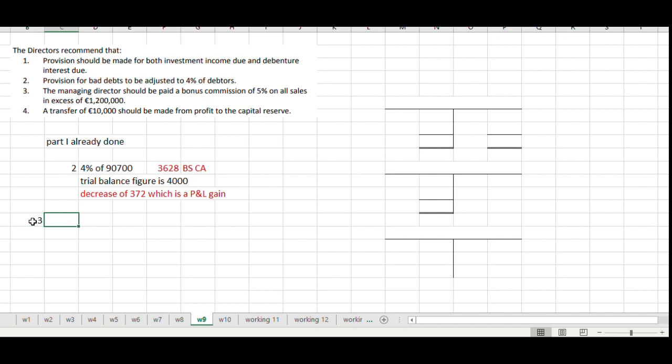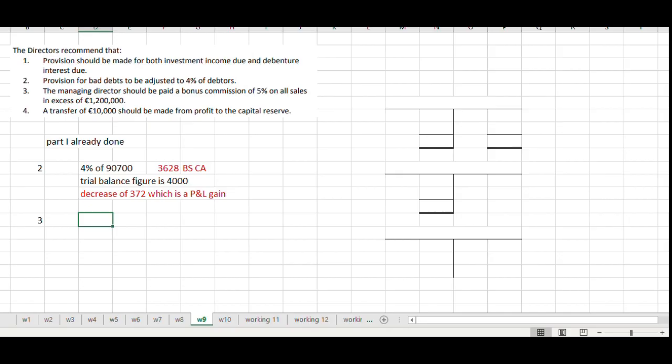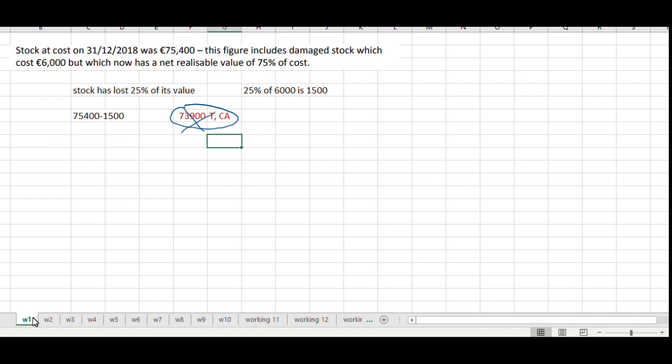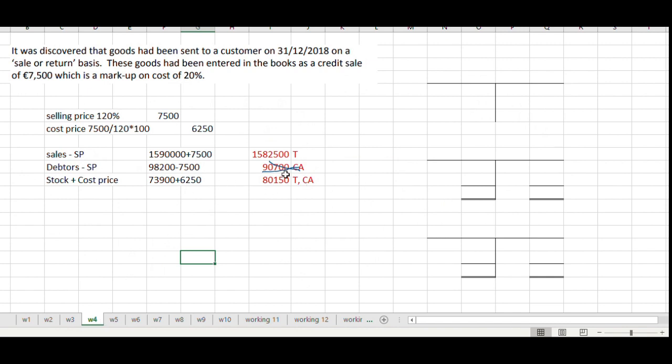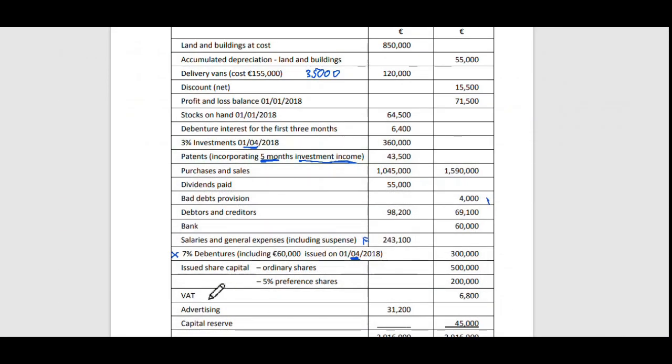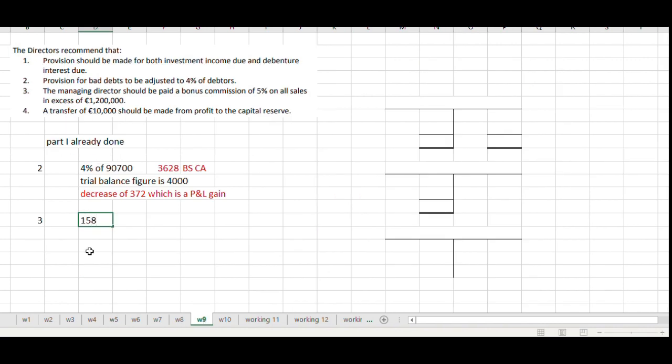Part 3 of this note. Part 3 is the managing director should be paid a bonus commission of 5% on all sales in excess of 1.2 million. We have sales of, actually we must go back to the note on sales. Sales was 1,582,500. Okay, so 1,582,500 minus 1.2 million will give us